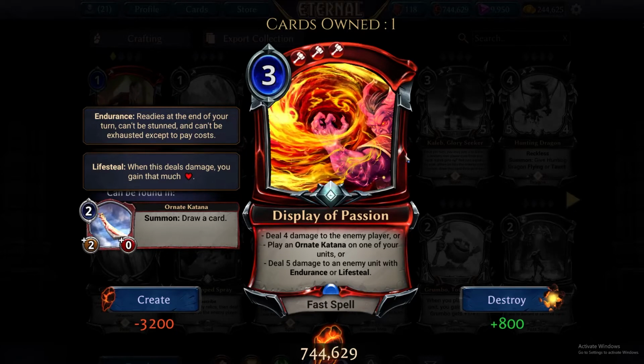Gotcha. All right, next up is Display of Passion. This is a fast spell for 3 triple fire, and then you have 3 options. You can deal 4 damage to the enemy player, or you can play an Ornate Katana on one of your units, which is a +2/+0 and summon draw card, or you can deal 5 damage to an enemy unit with